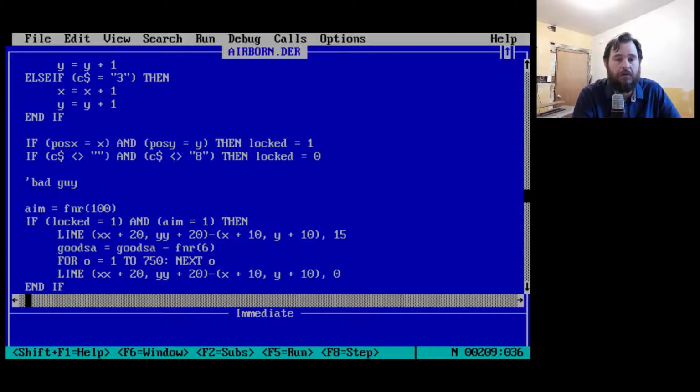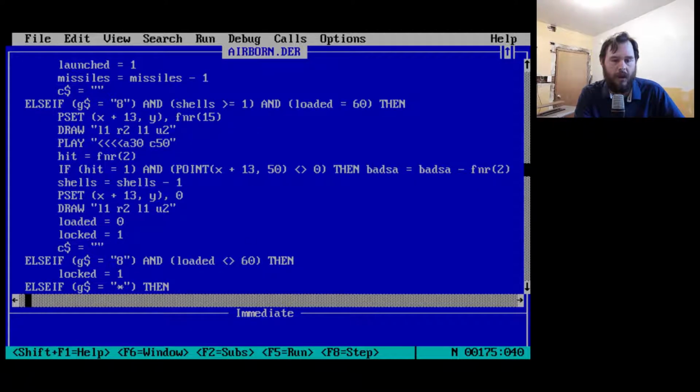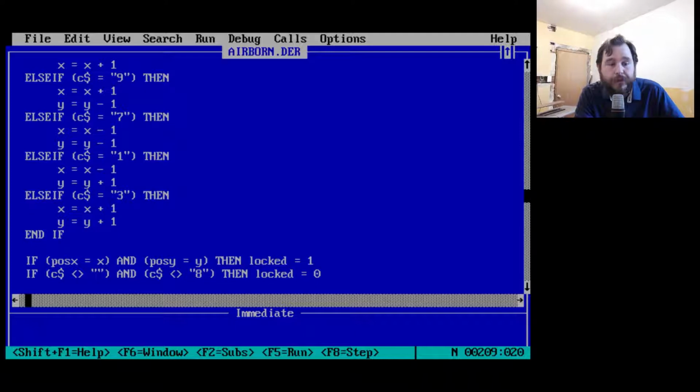Okay, now we have to go back up here and look at our locked variables again in the context of locked being you're locked on him. Not your inability to shoot. You are locked on him. If you didn't move, you're locked on him. If you shot, you're not locked on him. Got it. Up here, you're locked because you shot. Okay. Got it. So locked is 1 when there's a missile